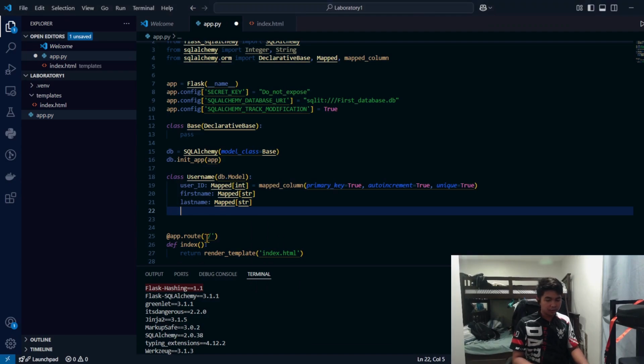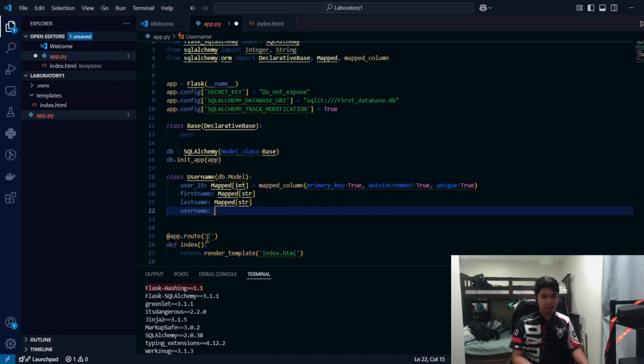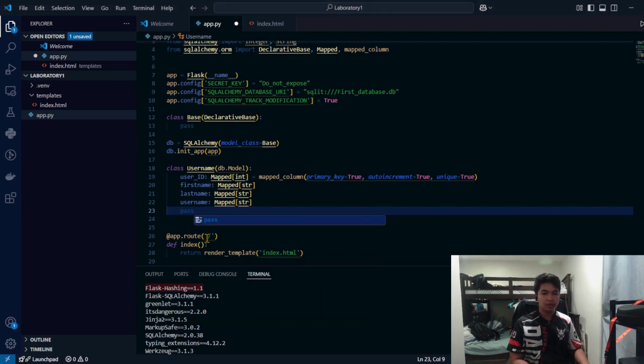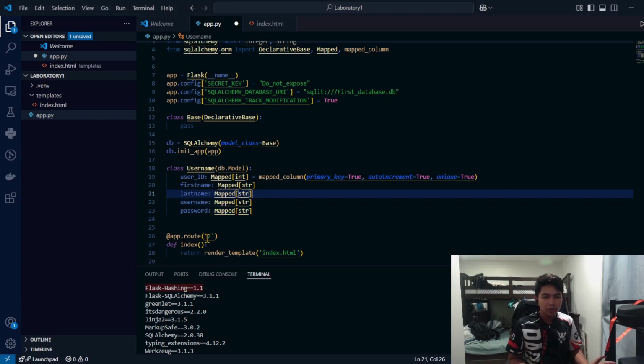Then username, we also map this as string. And most importantly, the password of the user, Mapped string as well.